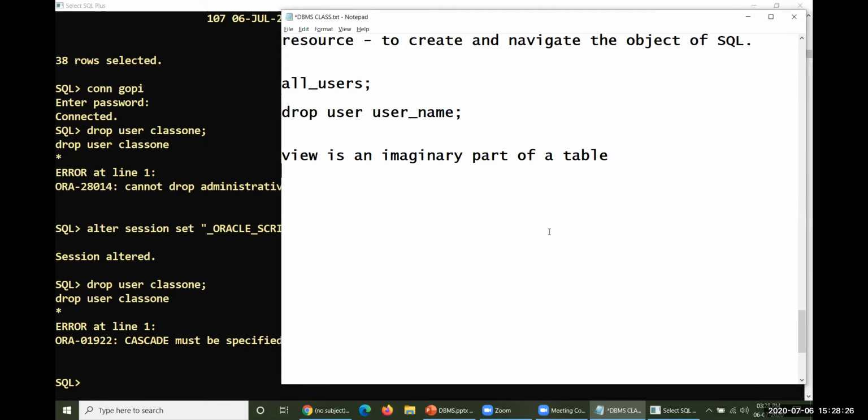If you want to display the contents of every employee, you have to type this: select everything from EMP. It displays some kind of output.